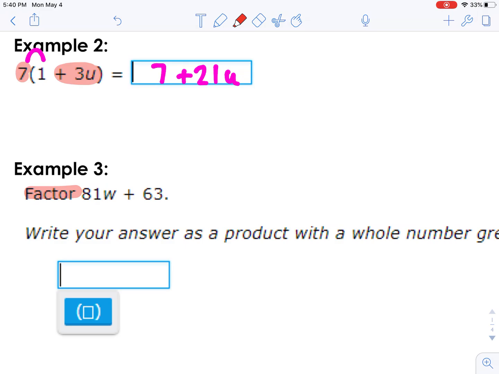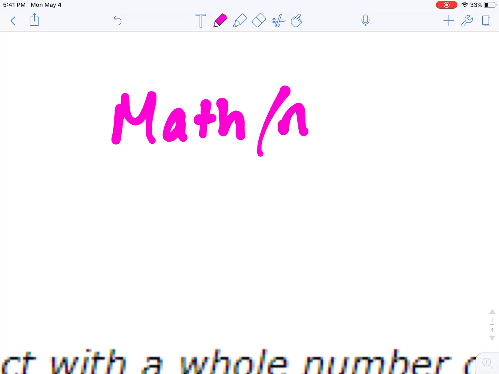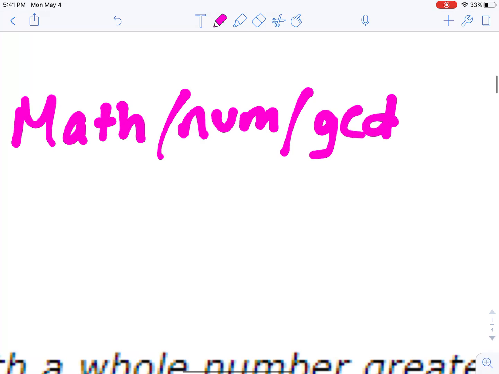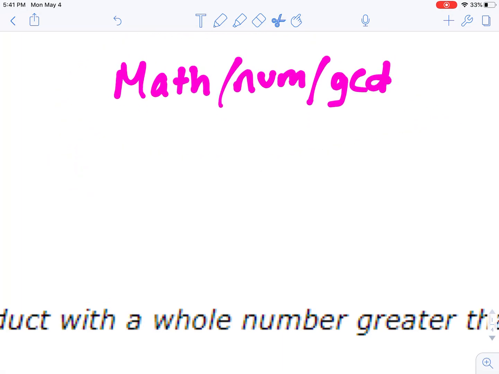Depending on how good you are with your multiplication tables, this might be a little bit easier for some than others. With the graphing calculator, if you recall, we used the math button, number, GCD. So I'll write that down. If anybody has a graphing calculator, you can find the greatest common factor like this. On the graphing calculators that we downloaded on the iPad, they don't have this feature, so unfortunately you have to